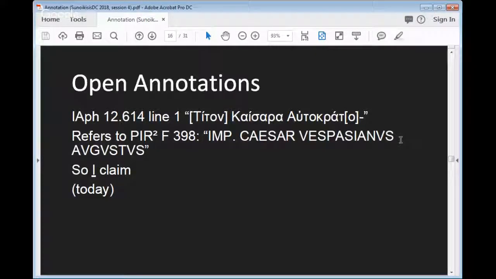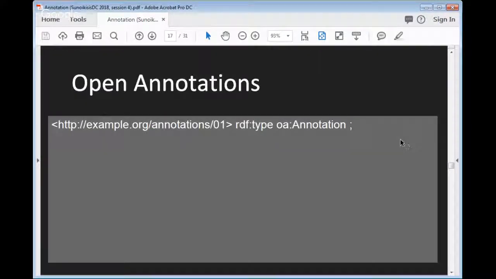So the open annotation format will enable us to do both of those things. What you effectively do in open annotation is first use RDF to create a series of RDF triples. I think we've talked about this in the past, but just to very quickly recap, an RDF statement is made of three pieces of information, always: a subject, a verb or predicate, and an object.